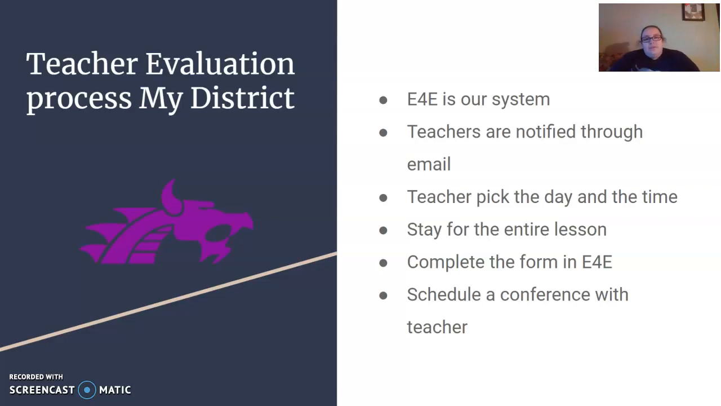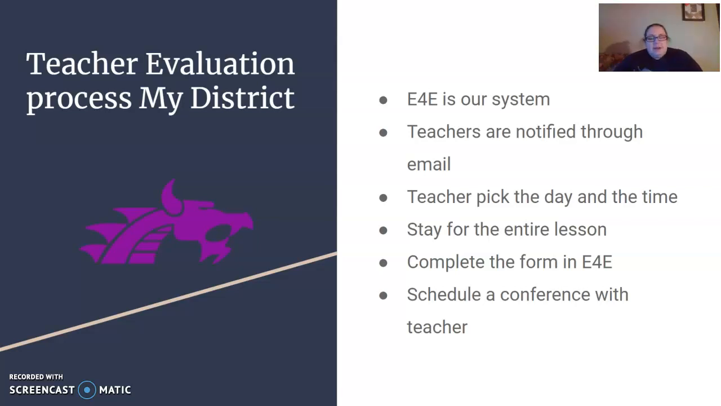The teachers are notified through an email from our principal when they are up for evaluation, with either 2 evaluations in the year or 1 evaluation of the year. My principal likes to let the teacher that has to have 2 pick the day and the time. They stay for the entire lesson or the entire hour. Our district is K through 12, and so with the elementary teachers, he stays for the entire lesson, and then for us in the junior high and high school, he stays for the entire hour. And then he completes the form on E4E, and then my principal will schedule a conference with the teacher that he evaluated